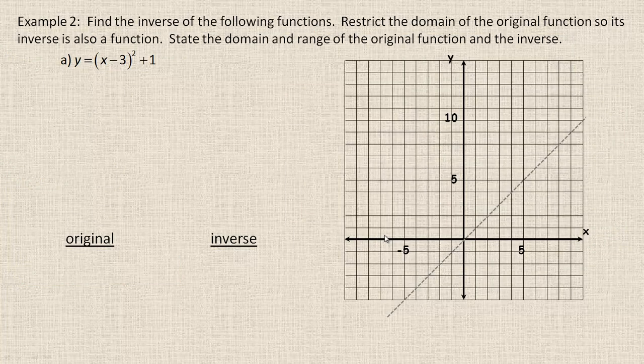And so starting on this page, there are two examples altogether, one on this page, one on the next. It says find the inverse of the following functions, this one here, and there'll be one on the following page. Restrict the domain of the original function, so its inverse is also a function. So we're only going to restrict it to half the parabola, so when we flip it in the y equals x line, we get an inverse that is a function. We're going to state the domain and range of both the original and the inverse. And so for the inverse here,